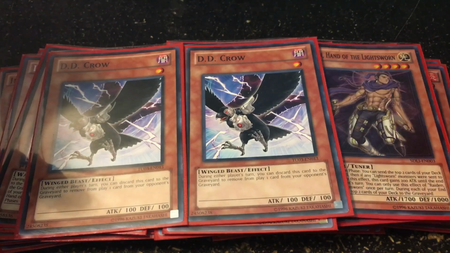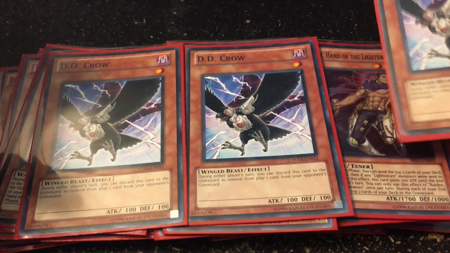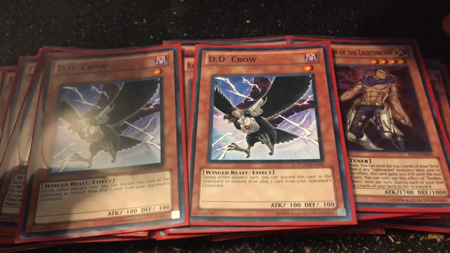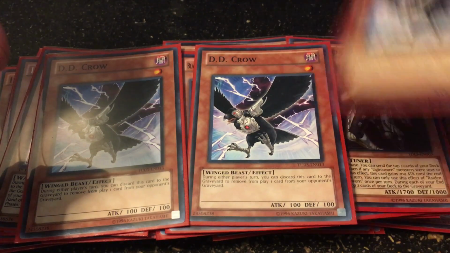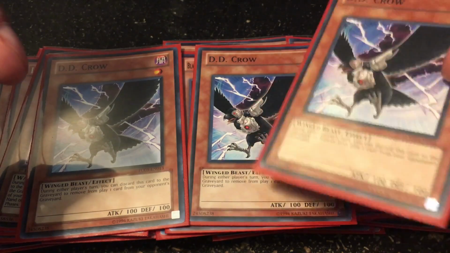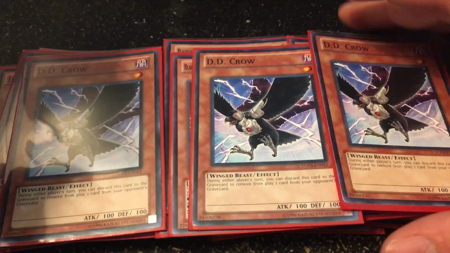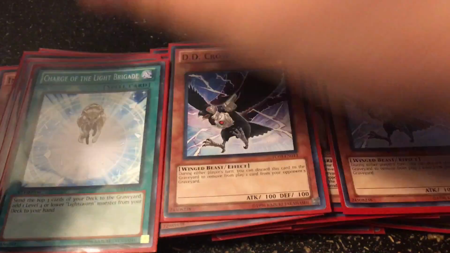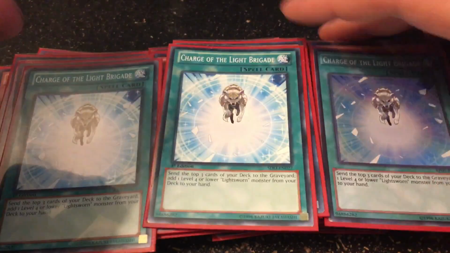So, someone tries to go for a combo, the monster reborn, you can just chain this and banish the monster, can't be reborn. Or they try to overload fusion or any Cyber Dragon fusion, anything like that. Well, after their targets, you just tribute this, banish one of their targets, and they can't do it. It's really good. Now for the spells, we run 3 Charge of the Light Brigade to mill,